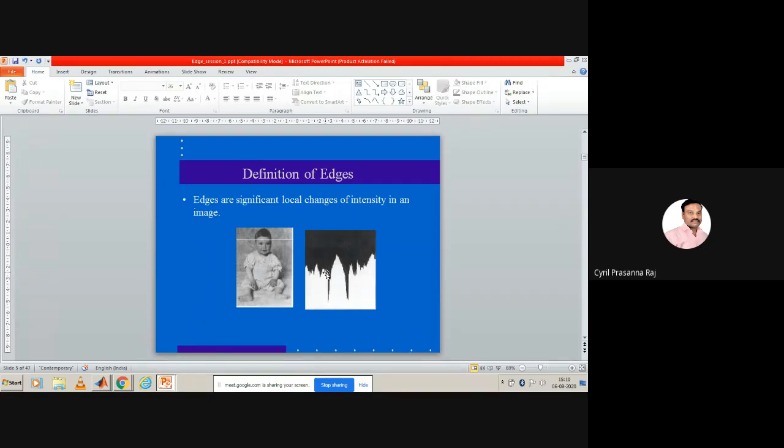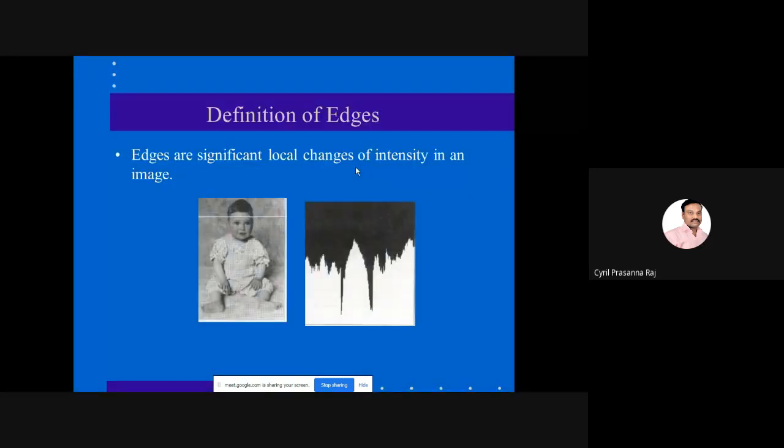Let us see what is meant by an edge. If you see this small picture of a baby sitting here, we are trying to draw a small line, and if you zoom into some part of this line, you find these are the hairs and this is the forehead. There is a clear demarcation between the hairs and the forehead. If you see the border from the top, we call it an edge, or from the bottom, the border we call an edge. So whenever there is a change in color intensities, color values, or intensity values, we call this an edge.